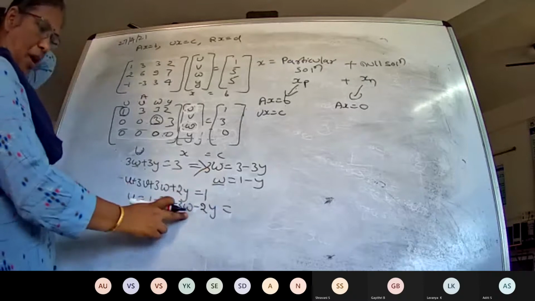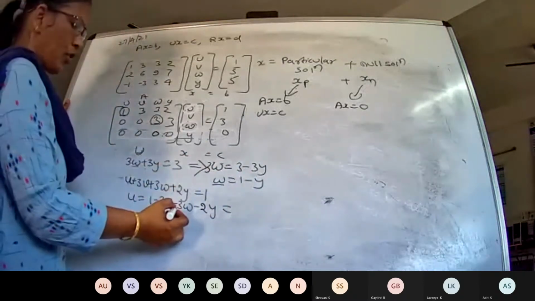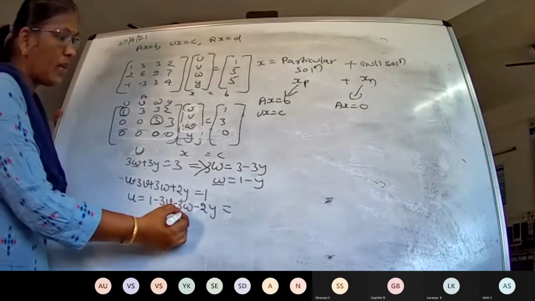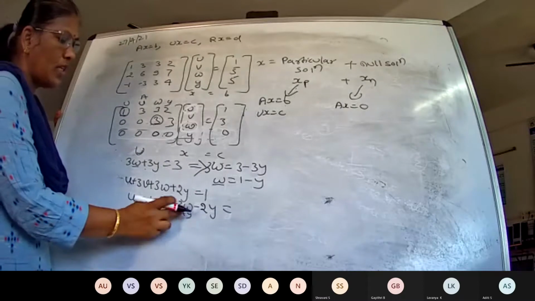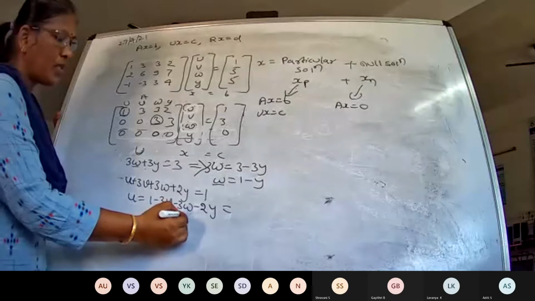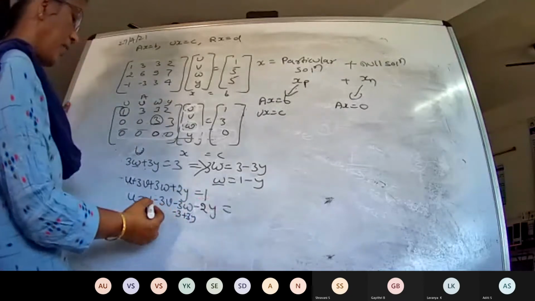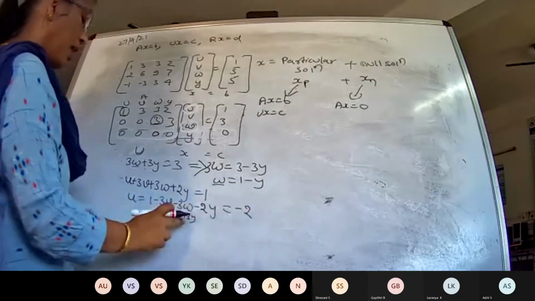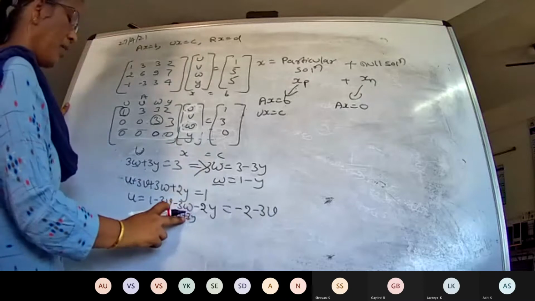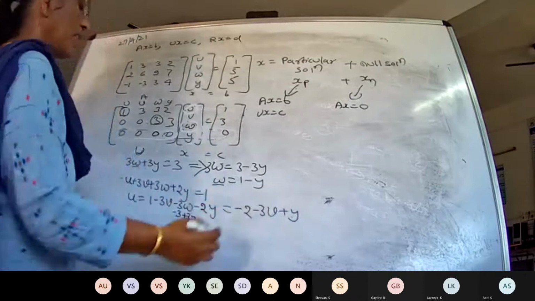Substitute for W. You should not have any pivot variables on the right hand side. W is 1 minus Y. So if I take 1 minus Y, what will I be getting? Minus 1, and plus Y. If I substitute for 3W, I will be getting minus 3 and minus minus plus 3Y. Okay, so what will be the answers? Minus 3 plus 1 is minus 2, and minus 3V, and here plus 3Y plus minus 2Y, I will be getting minus Y. Is it clear?